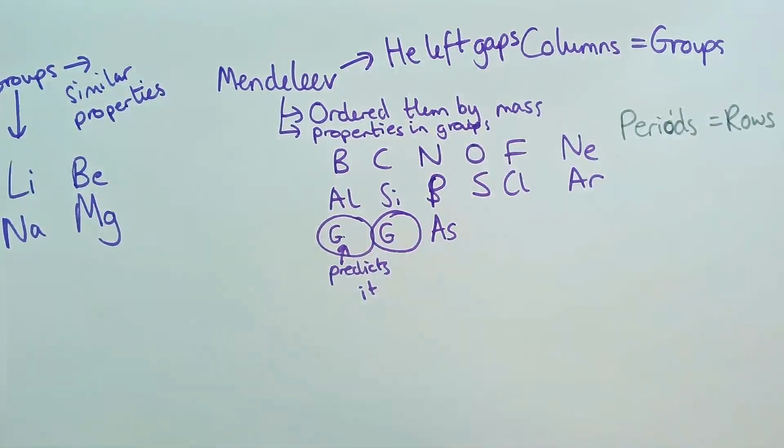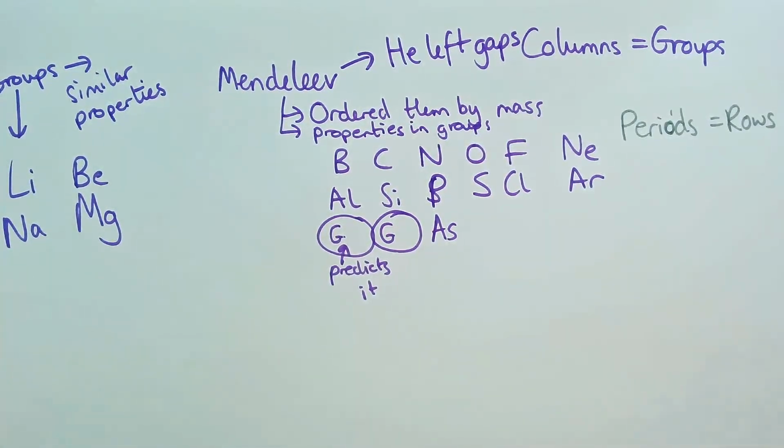Now, how does this translate? Now, this is what he comes up with. He doesn't know about protons. He doesn't know about neutrons. He doesn't know about electrons. He just starts to know about these properties. But the beauty of it is it actually then explains things when we start to know these things.